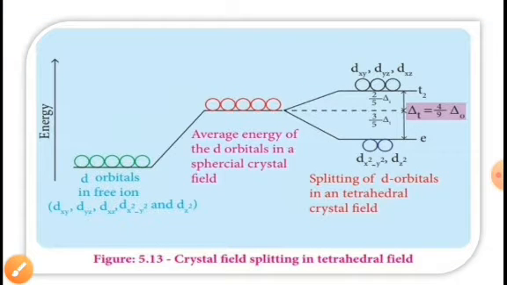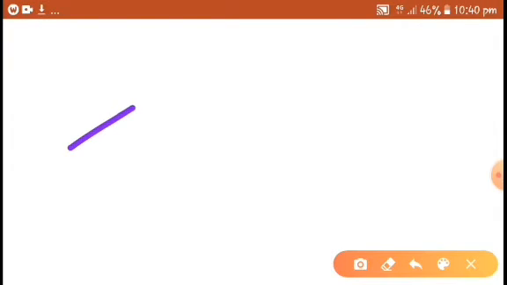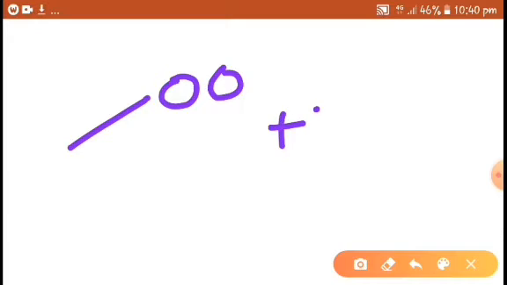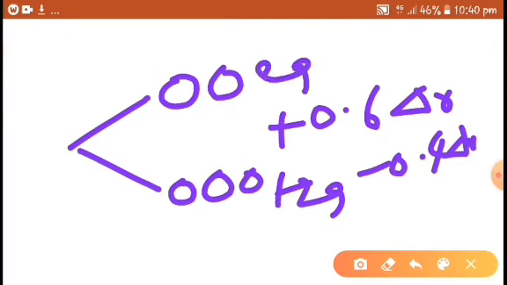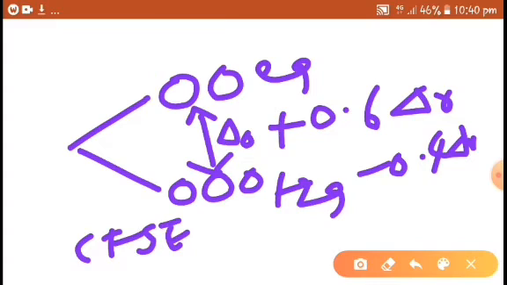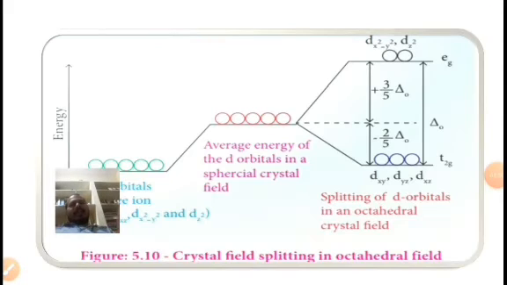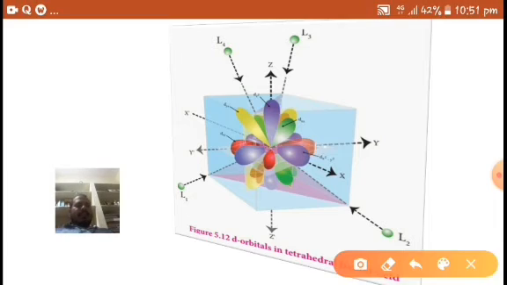So the energy of eg will be increased by 0.6 Δo, and the energy of t2g will be decreased by 0.4 Δo, right? The difference between these is Δo, which is called the crystal field splitting energy or stabilization energy. Now, in tetrahedral